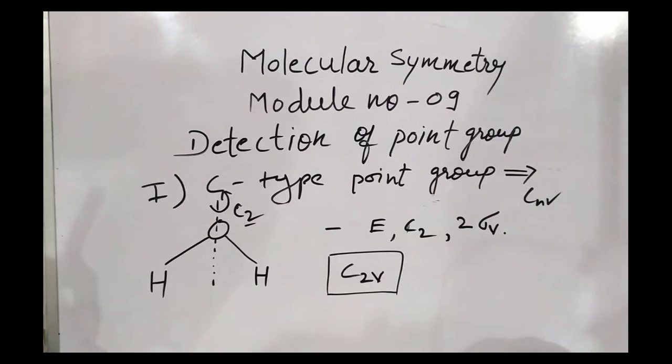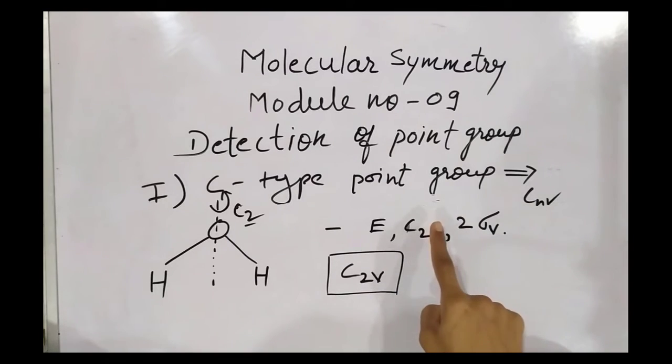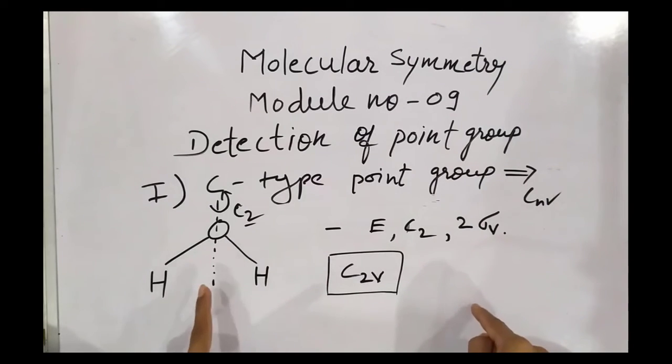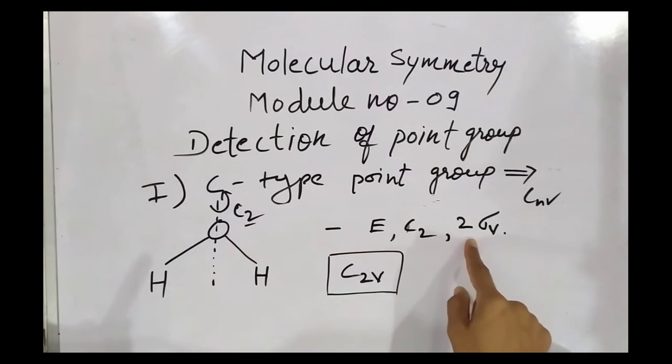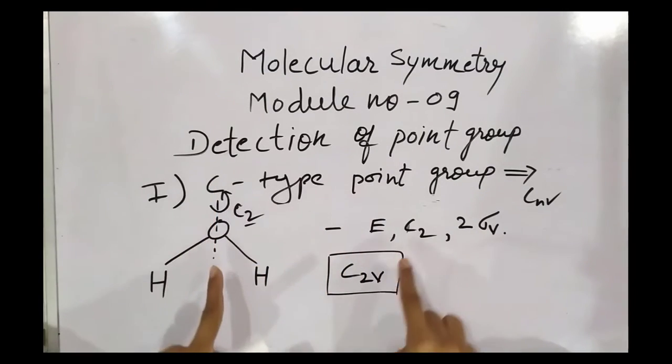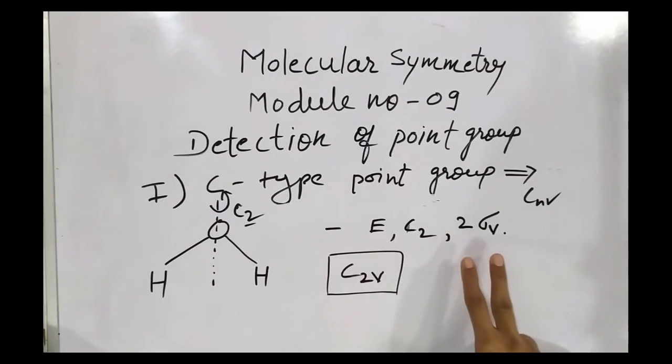If a question comes in the exam like determine the point group of water, then first of all you are supposed to draw the diagram of the water molecule and then you have to draw all the symmetry elements, meaning you are supposed to show all the symmetry elements present one by one. You can draw many diagrams for the same molecule for showing different symmetry elements. As I have drawn 3 diagrams just now, one for showing 1 C2 and another 2 diagrams showing 2 vertical planes. So this will be the sequence in the exam for solving the question.